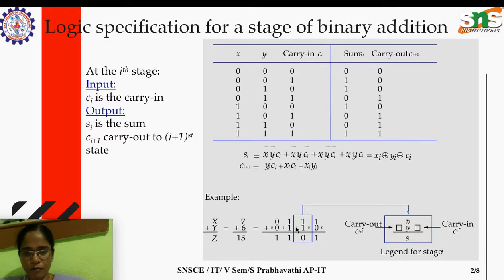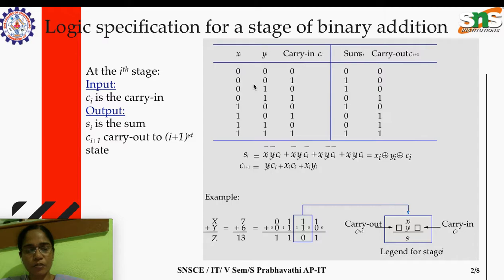So we have 3 ones. 1 plus 1 plus 1 is 11. Here 1 we are writing in the sum and it carries 1. Then 1 plus 0 plus 0 is 1. So this is how the addition takes place in a computer system. Okay, so now we'll get into this tabulation. For different combinations,